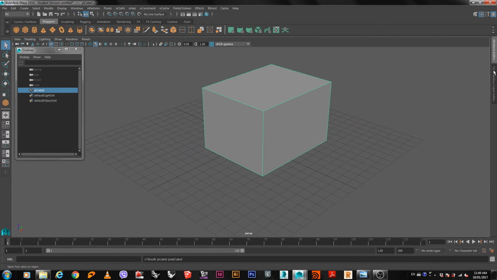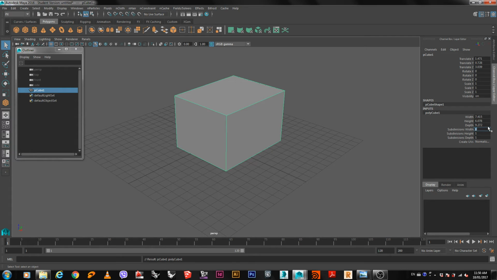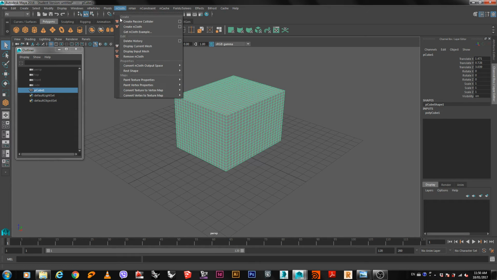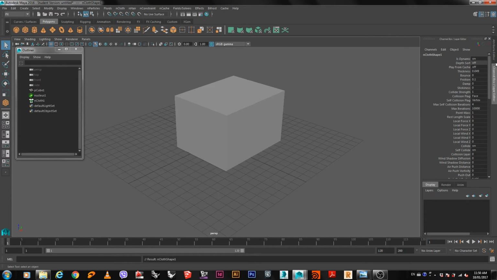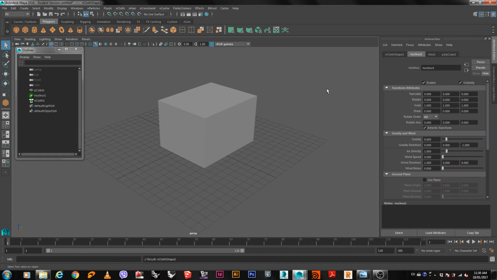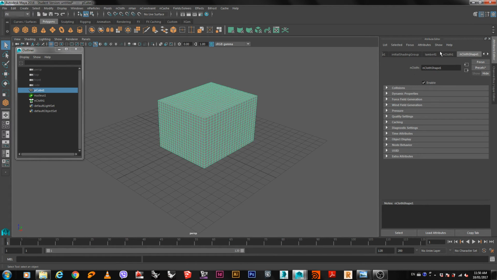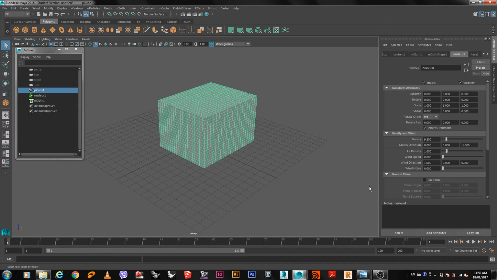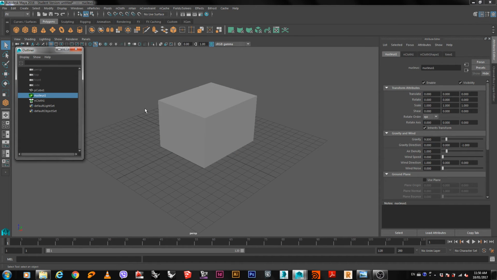okay, now I'm going to show you also when your object is not a surface. And then as soon as you go nCloth and create an nCloth, it will show up in your attribute editor, nucleus. And then you can change all the settings there. You can also select it from your outliner. You can change it, but it doesn't affect anything. We can try it. It might affect the force that it applies, but